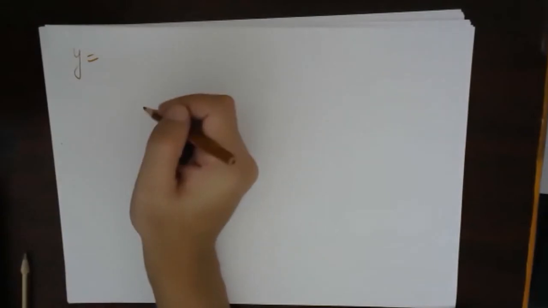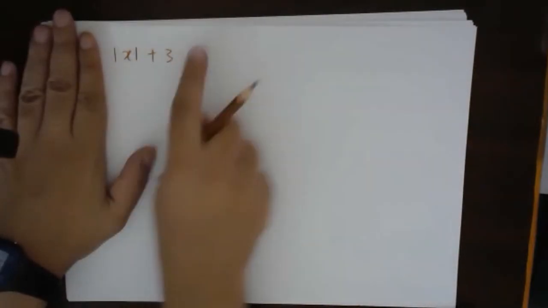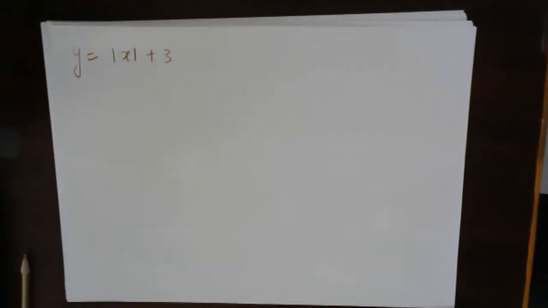So let's see. Suppose instead of taking the modulus on the whole, you have been given a question like y is equal to modulus of x plus 3. Now think about it, how will the question change? If it were modulus on the whole, I know what to do. But now we have modulus of x, plus 3. Now how will we solve it? I'll give you 2 minutes. Just check this.